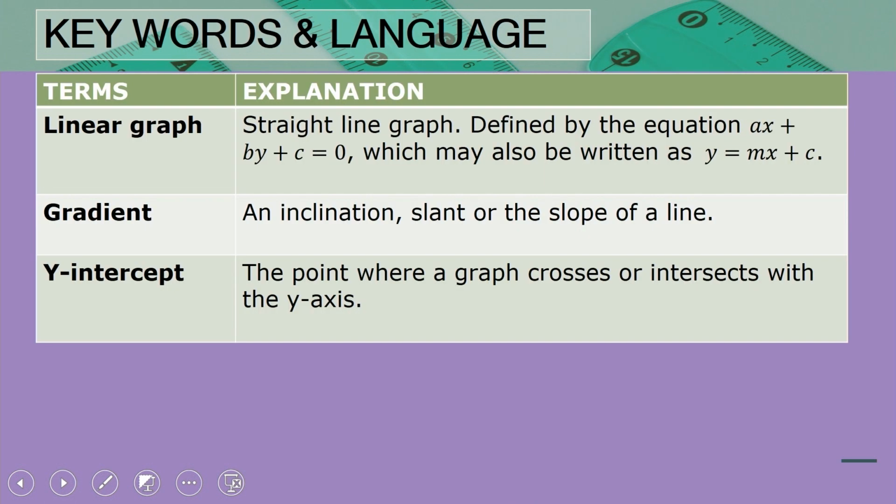Let's now look at some keywords that we are going to be using during this lesson. We have a linear graph. This is a straight line graph defined by the equation ax plus by plus c equals 0, which may also be written as y equals mx plus c. Then we have gradient, which is an inclination, a slant, or the slope of a line. Then we have the y-intercept, which is the point where a graph crosses or intersects with the y-axis. Those are going to be the keywords that we are going to be working with